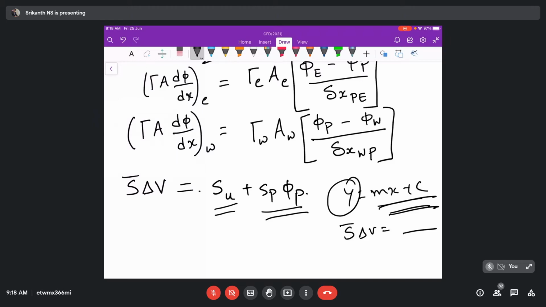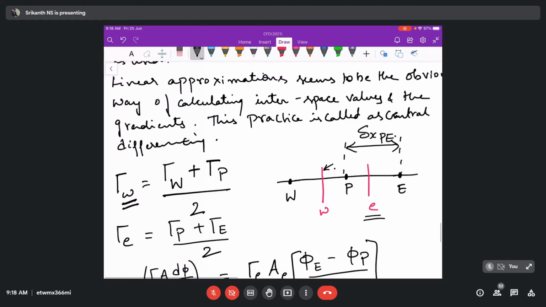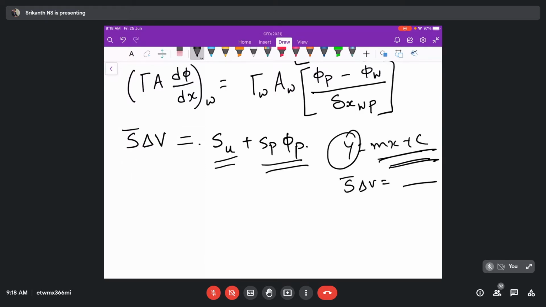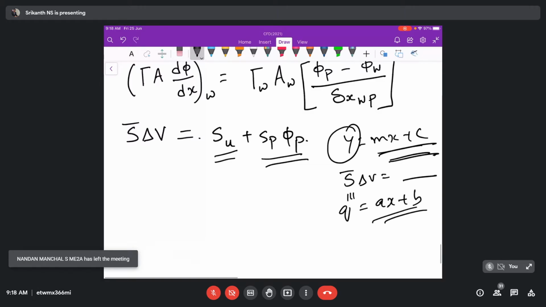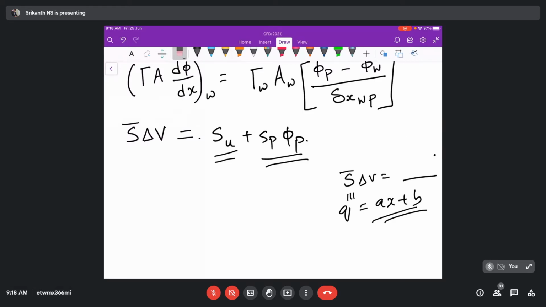Because when we do linear approximation, with respect to volume integration, we have to do approximation across the control volume. So what is happening here? With respect to the diffusion term, there is a source term happening. We are writing that source term as I explained now. Q is like ax plus b or something like that. We used to solve problems similarly. We have approximated it as SU plus SP into phi P; when we solve problems, you'll get to know.